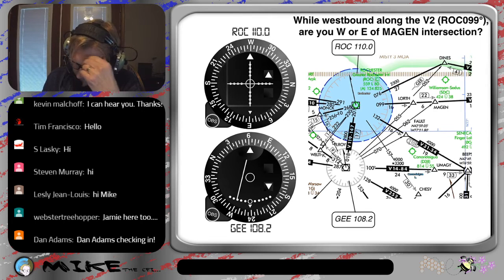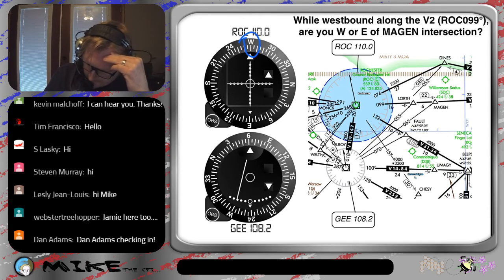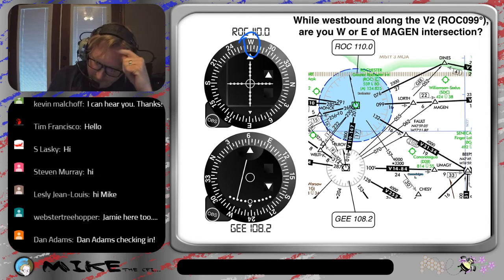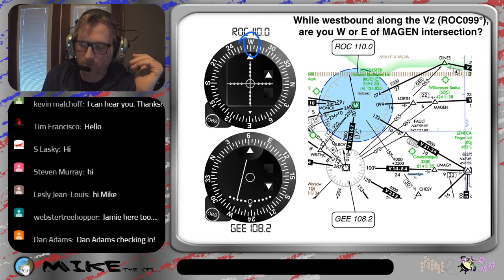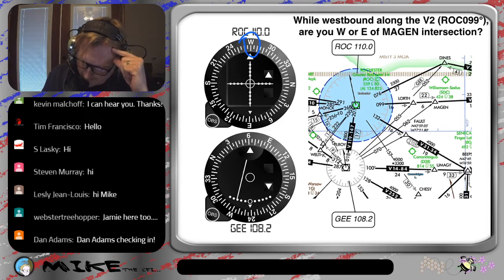So let's look at that. Again, something here would be good to draw out. But you can see that we're tuned to 099 here. Or I'm sorry, we're tuned to the reciprocal of 099. We're tuned to 269. Now we don't know what heading the airplane is on. We would assume that they're probably heading westbound, but it doesn't matter. Always just pretend you're going the direction indicated on the VOR needle or on the VOR indicator. So we're going to pretend that we're going west and we're going to the station, which means that we're somewhere on this line